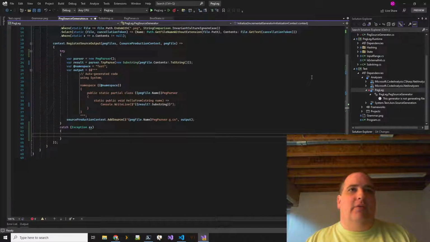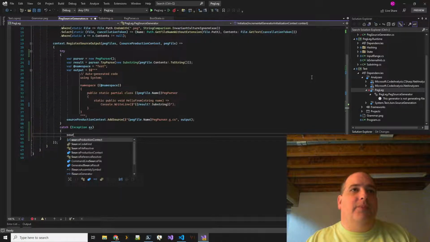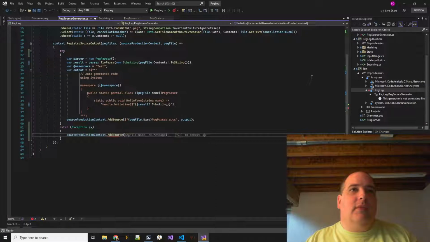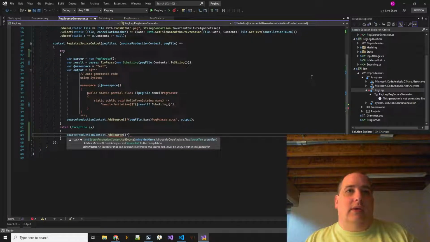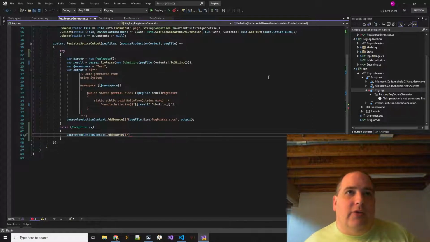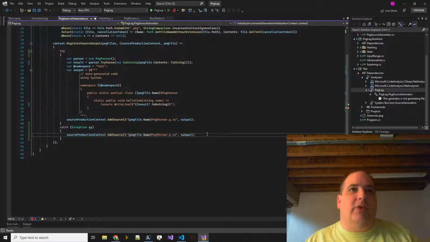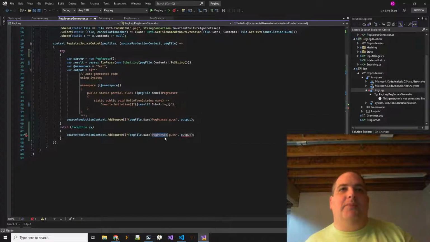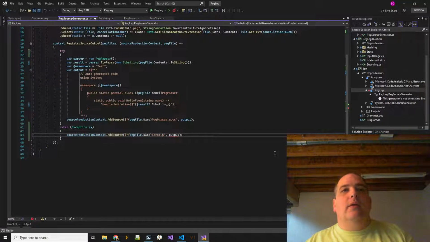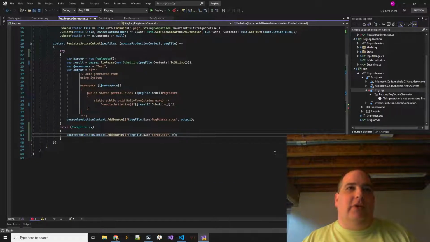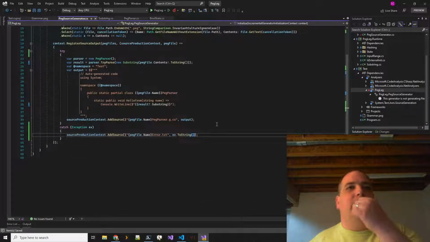So if we have an exception, then what I want to do is to do this. Yeah, let's just name it after the file. And this could actually stay in here. In the final product, I might not even take this out of the final source generator. So let's just do a toString of that for now.